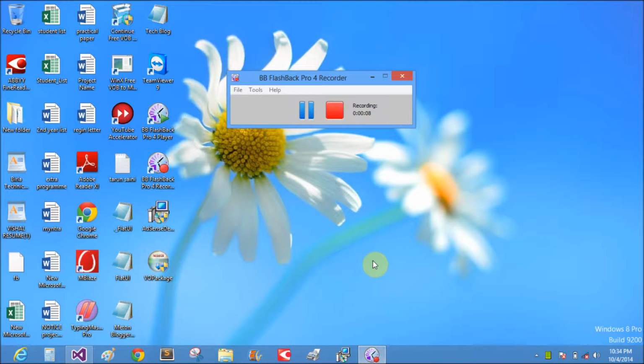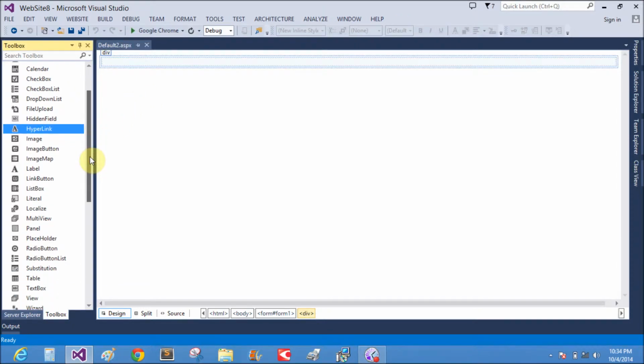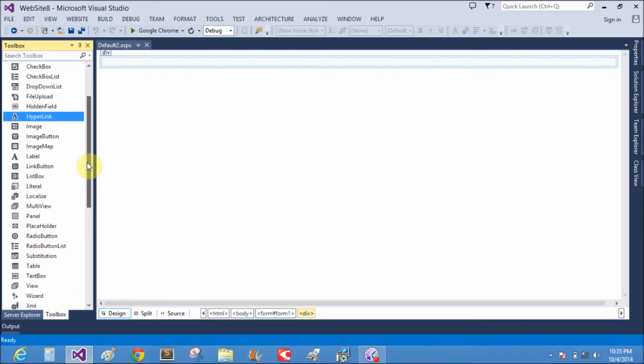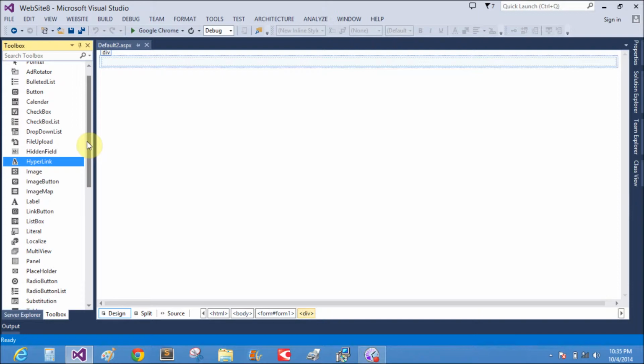Today we will talk about the text box control in ASP.NET. So let's open Visual Studio and take a single text box control. Basically, a text box control is an input control in ASP.NET. There are various features provided by the text box. We can take some input like strings as well as numeric digits.